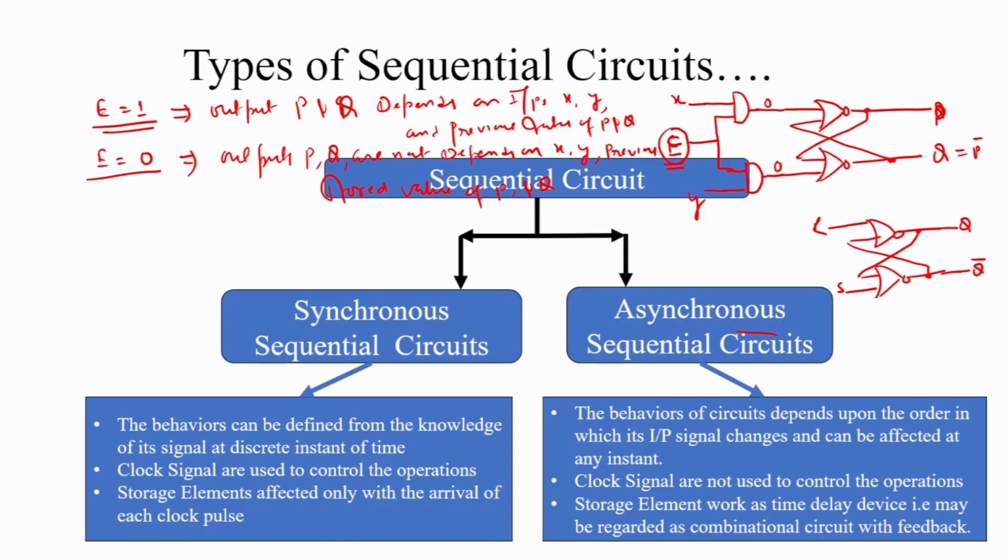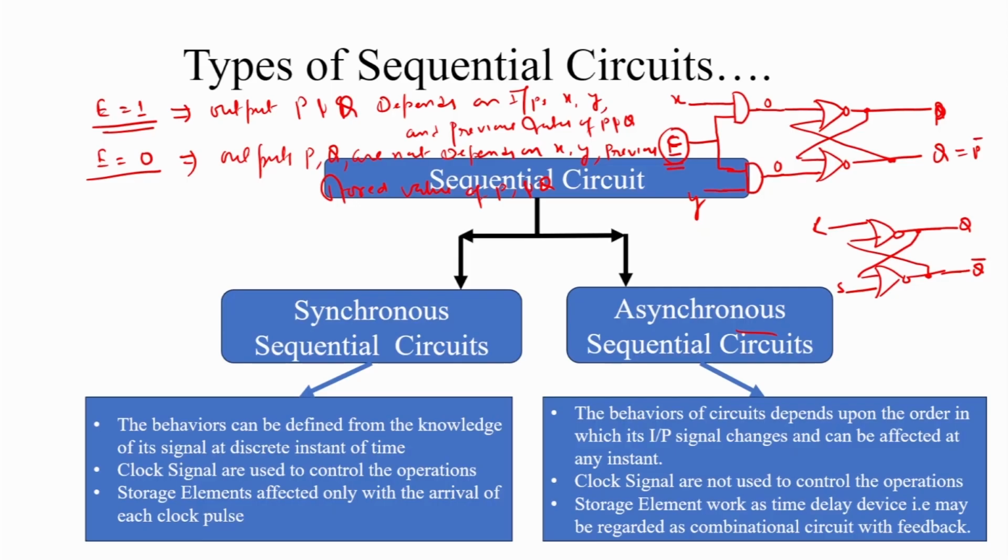When the enable input is 1 and anyone changes x, y, then the change is reflected. But when the enable input is 0, whatever change is done accidentally, the output is not reflected. That is why the enable input is used, for avoiding an accidental change